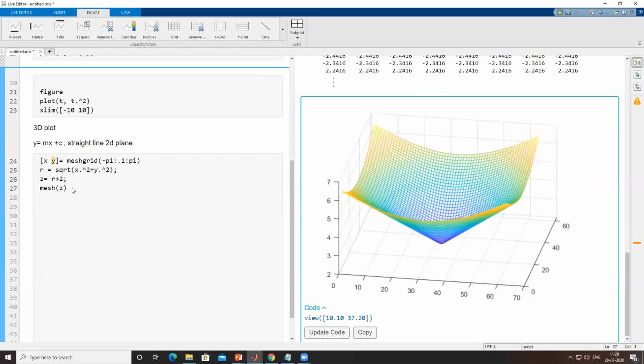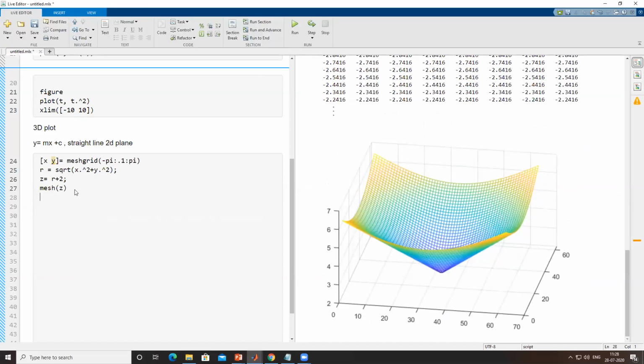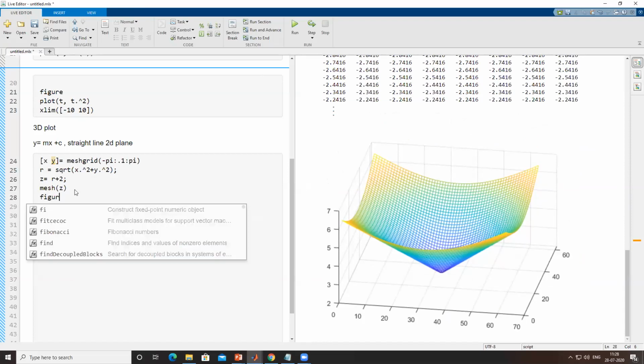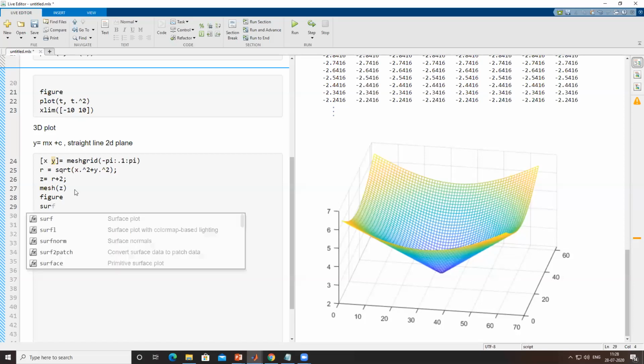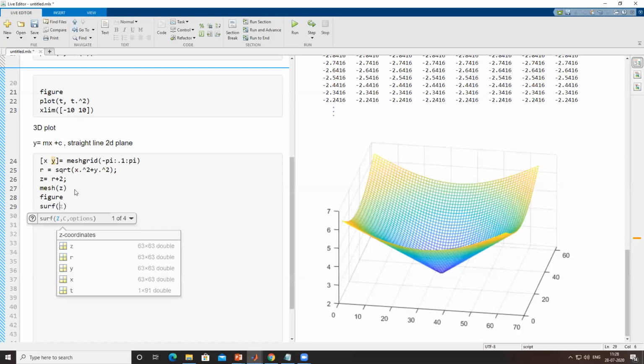Let me plot one more, in a separate figure window. I'll plot surf z. Surf does the same thing, but in the case of a surface, it will connect or fill the gaps, because right now what you are seeing is a kind of mesh.